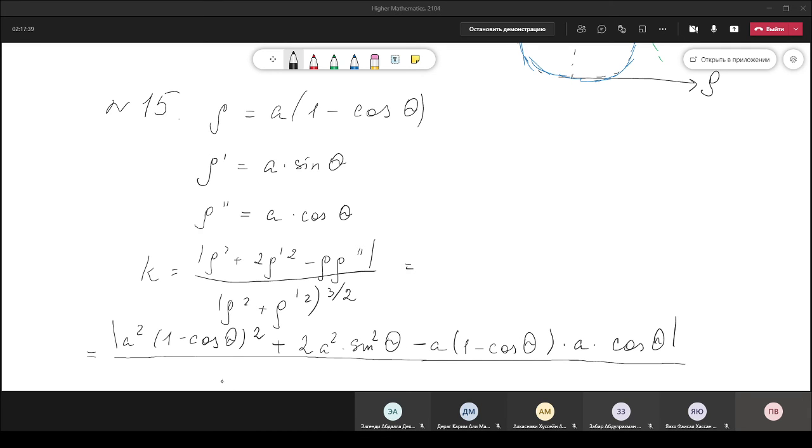Rho squared is a squared times 1 minus cosine theta squared plus rho prime squared. Rho prime is a times sine squared, all of these squared, and the degree 3 over 2